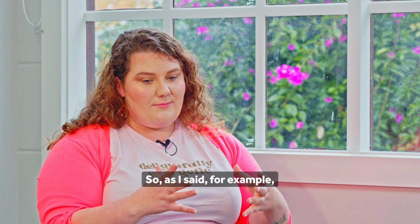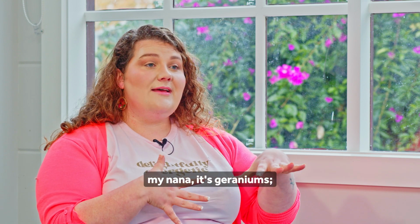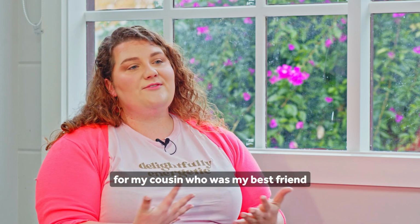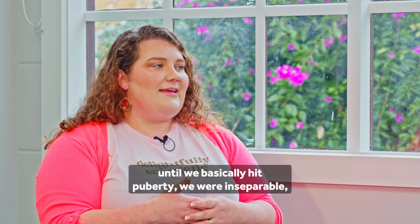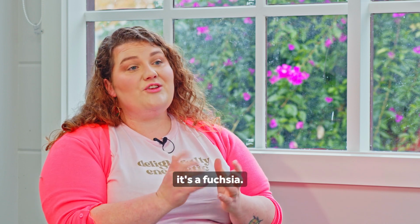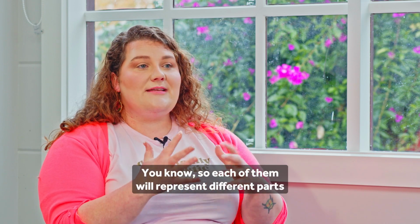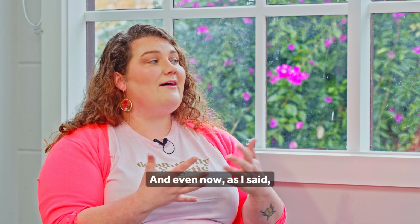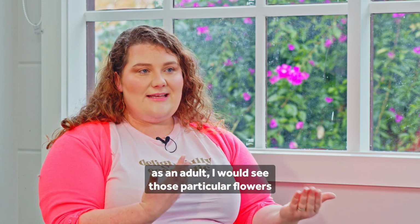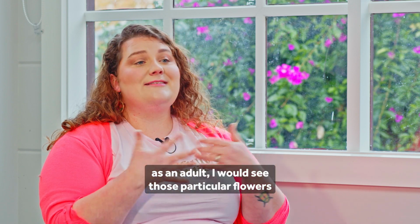So as I said, for example, my nana, it's geraniums. For my cousin, who was my best friend until we basically hit puberty, we were inseparable, it's a fuchsia. So each of them will represent different parts of my history that make up that time. And even now, as an adult, I would see those particular flowers, and I'm taken back to